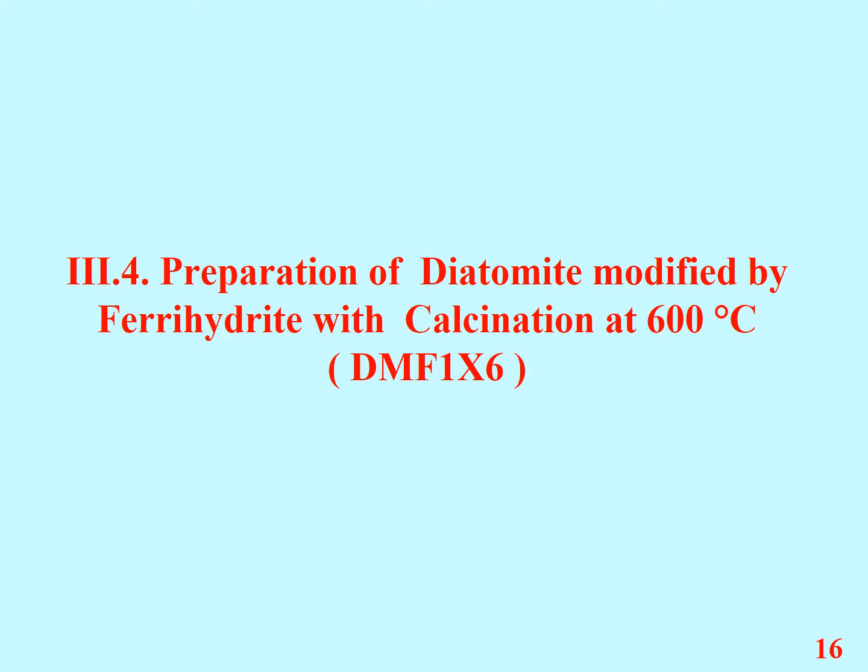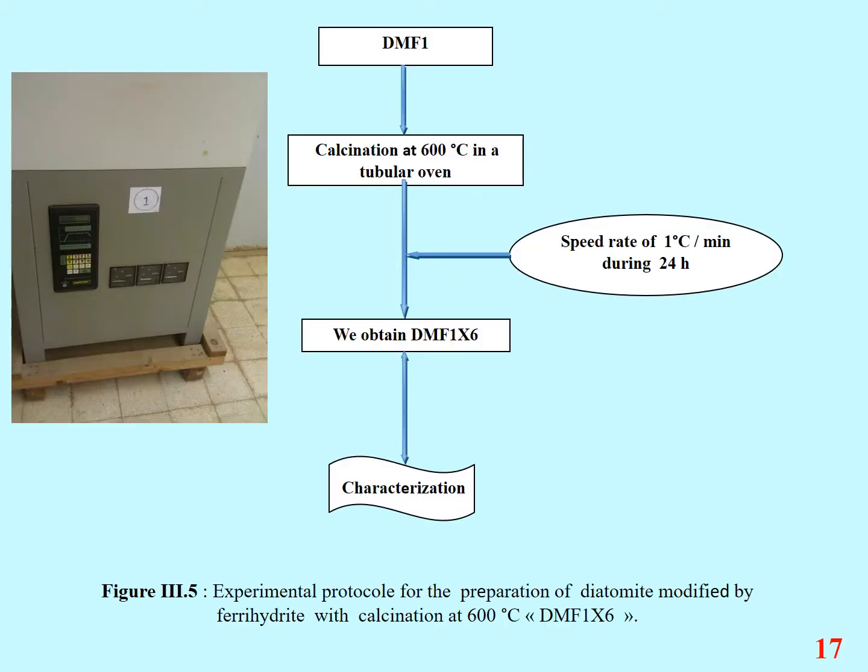Preparation of diatomite modified by ferrihydrite with calcination at 600 degrees Celsius. We take diatomite modified by ferrihydrite, then calcination at 600 degrees Celsius in a tubular oven, at a speed rate of 1 degree Celsius per minute during 24 hours. We obtain diatomite modified by ferrihydrite with calcination at 600 degrees Celsius, and we make